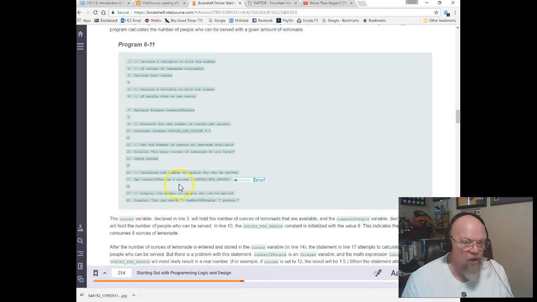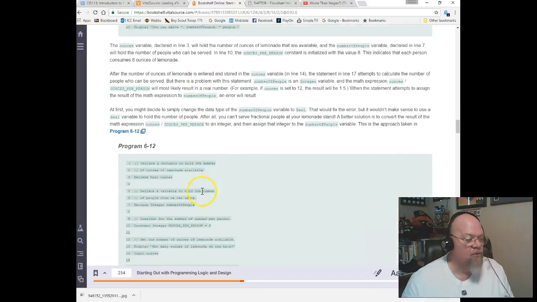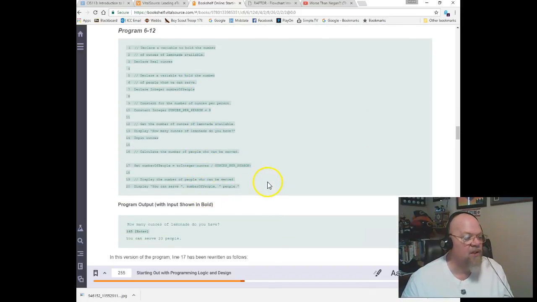Okay, so here is the error. I'm taking a real and dividing by an integer. I'm not allowed to do that. So I have to basically make sure whenever I do mathematical equations, they all have to be the same thing. So to fix that, I would basically do this. Set number of people equal to integer ounces. So it converts ounces,